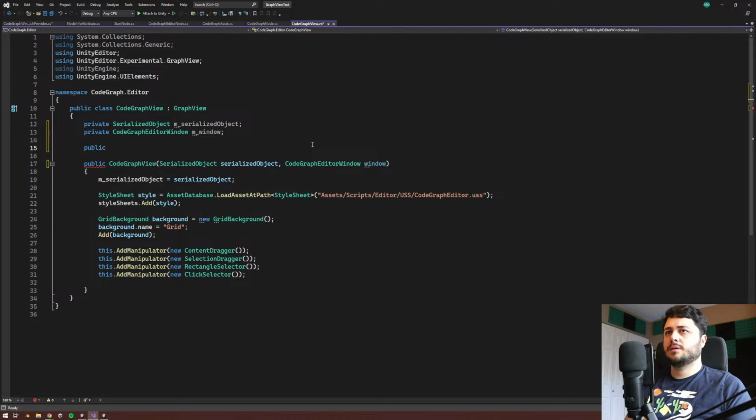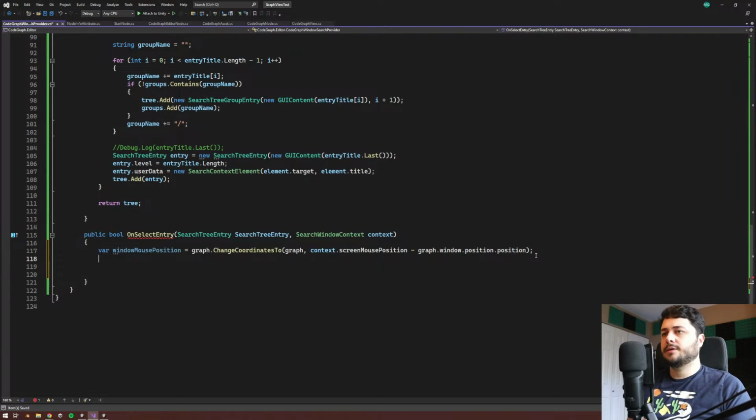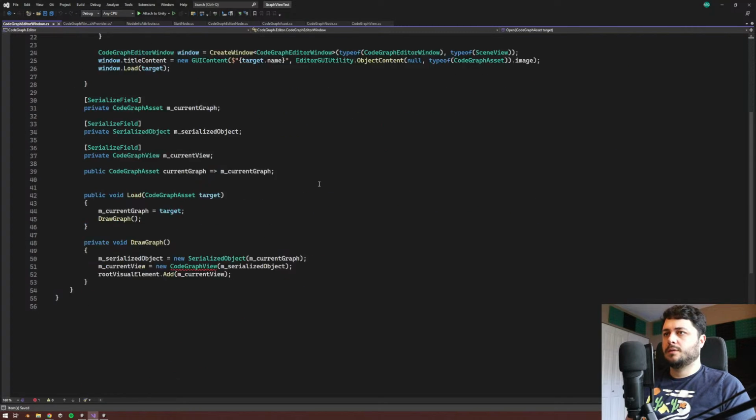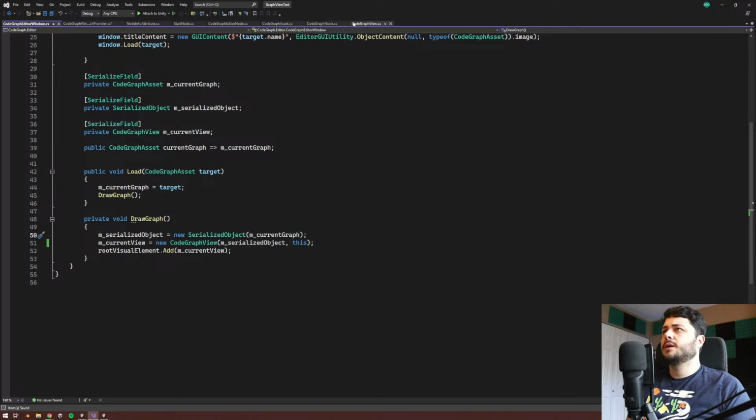Window, we'll make a... get that to save. Cool. Okay, cool. And that should now work. Okay, great. So we just stored a reference to the window. We'll need to actually go to the window and give itself in there too. There we go. So we just want to pass this, I believe. Yeah, there we go. Okay, so we've just passed the window through so that our search provider can use it